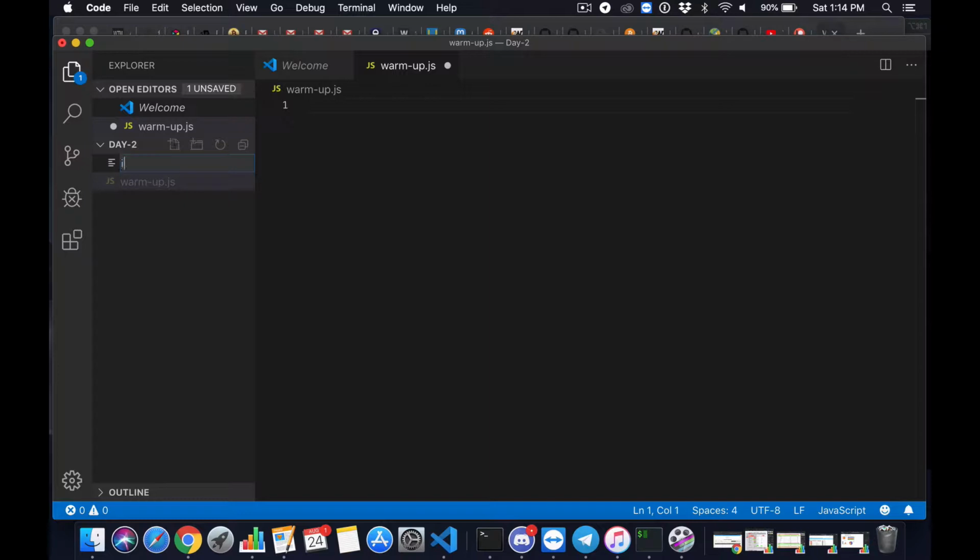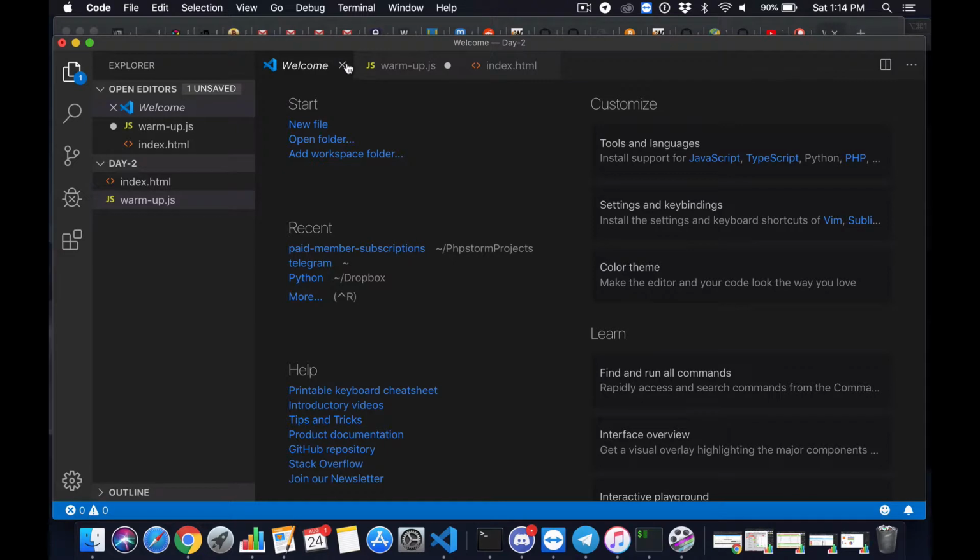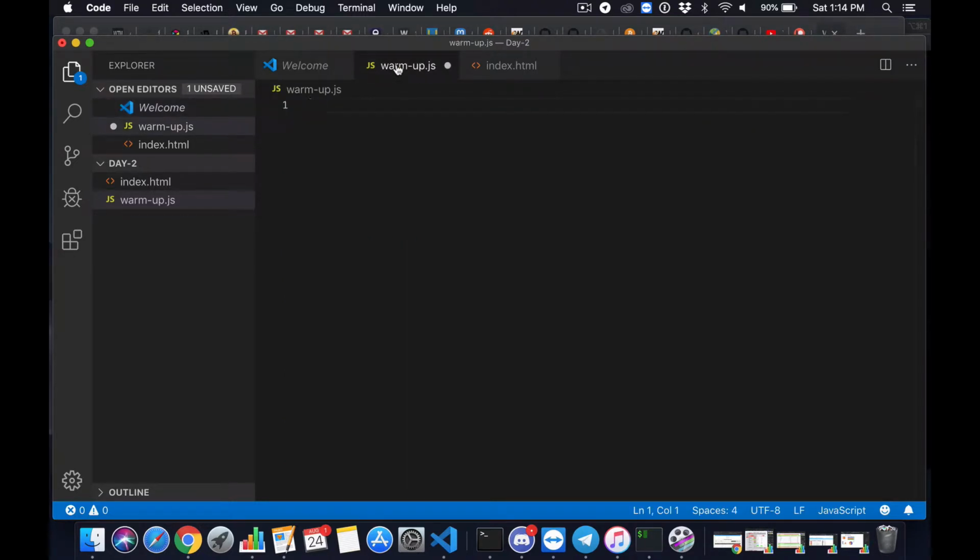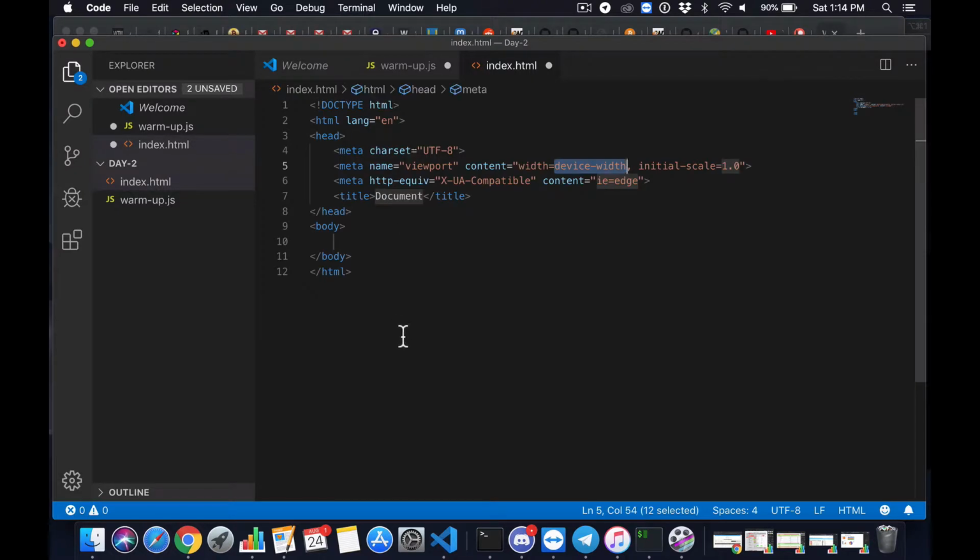All right. So we can start with this. We haven't even seen the HTML file. We don't even have an HTML file here yet. So what we need to do is create one more file. Click the plus icon and just create a file called index.html. All right. And inside of that file,